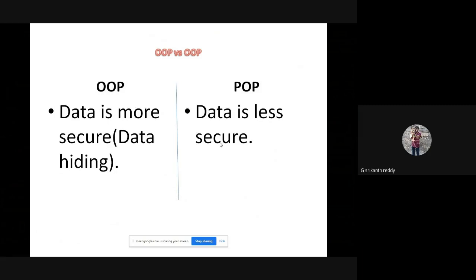Every function can access the global data. So that is a disadvantage in POP. In OOP, data is bind to some set of functions. So the outside functions cannot access it. An object cannot access another object's data in OOP.